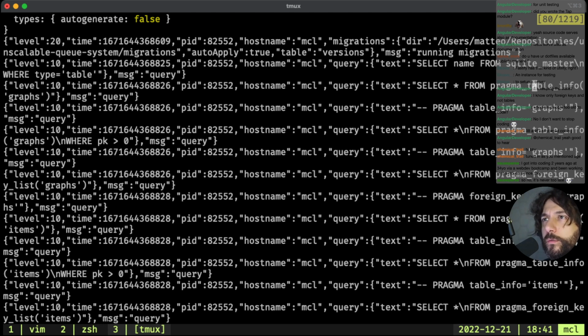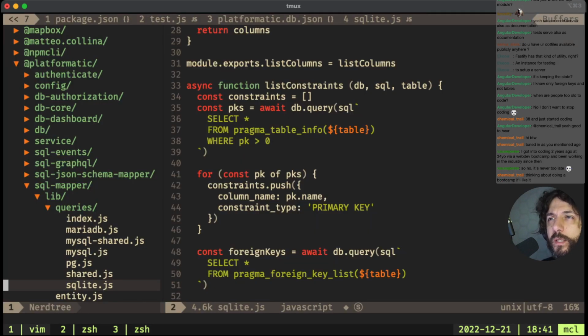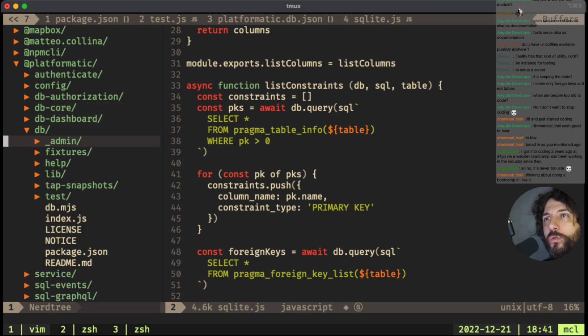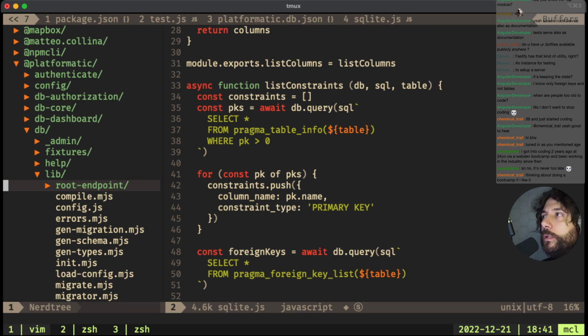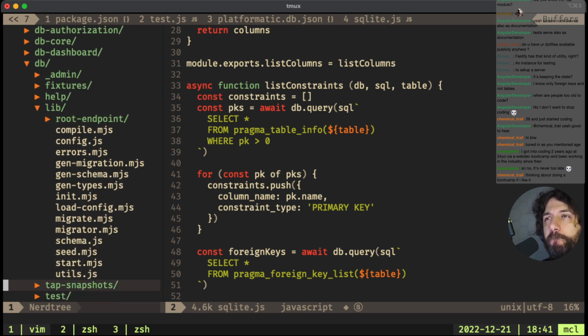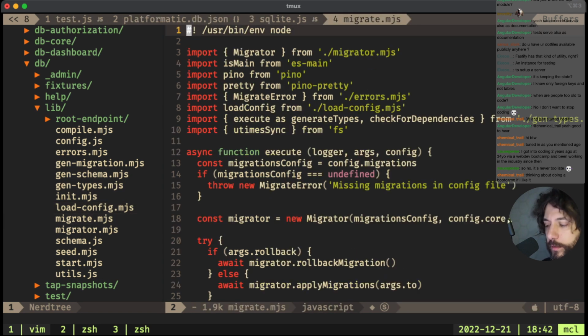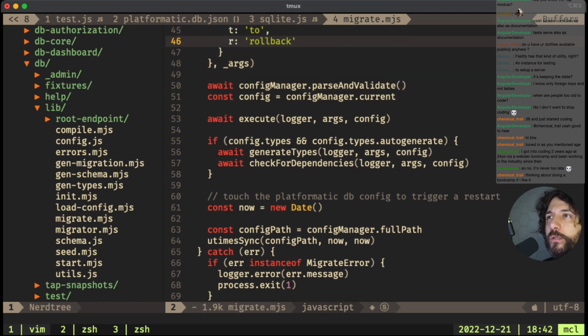Running migrations. It's nice finding bugs in your own software somewhere. Migrate or apply migrations.